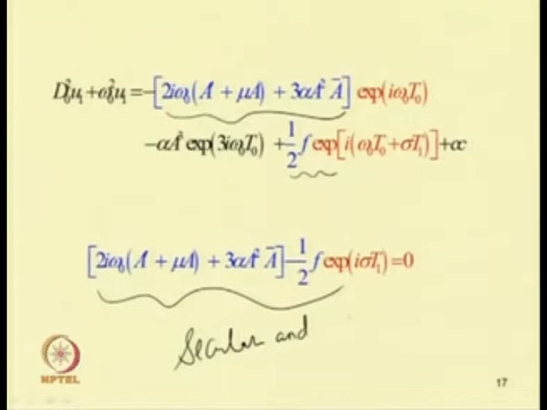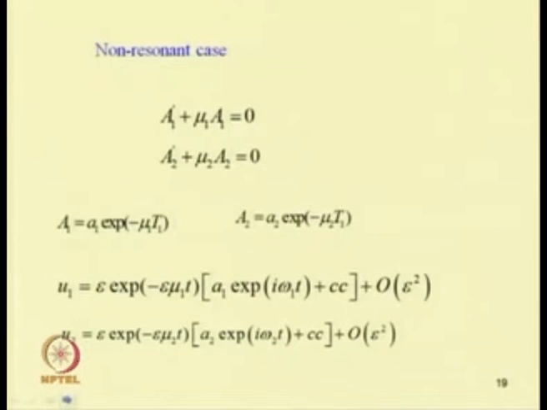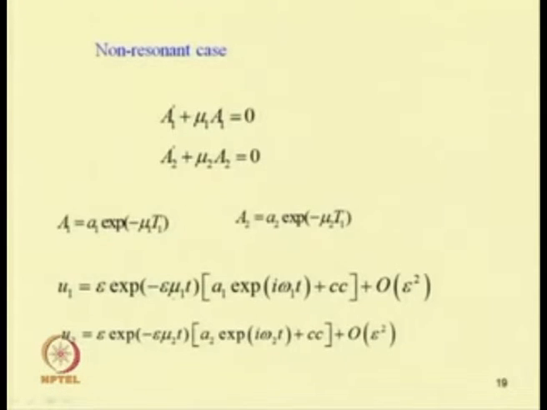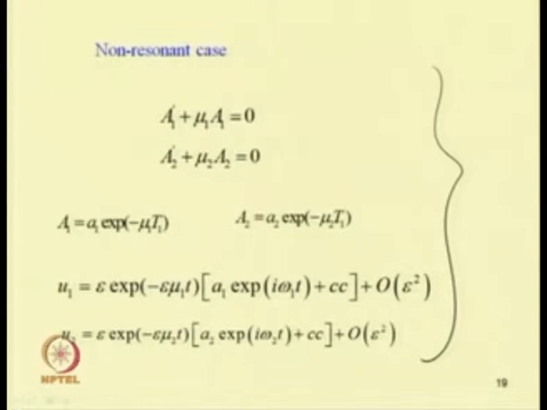Sometimes it can be called near secular. So one can eliminate the secular or mixed secular terms to get the response of the system. Now eliminating this, one can obtain two things: one can get the resonant condition, or one can study the non-resonant condition. In case of the non-resonant condition, as we have already discussed, due to the presence of damping, it will decay and one can get the steady state solution in this form.